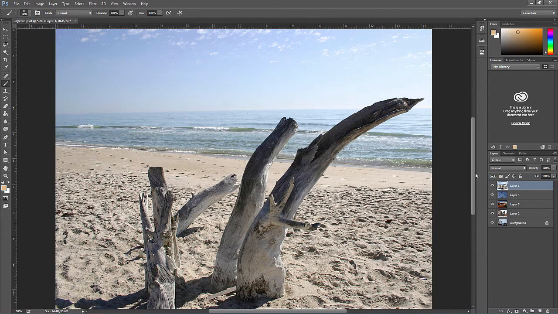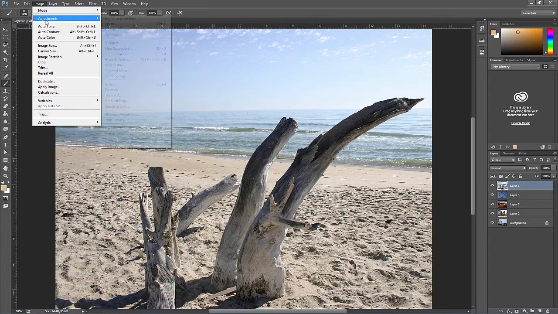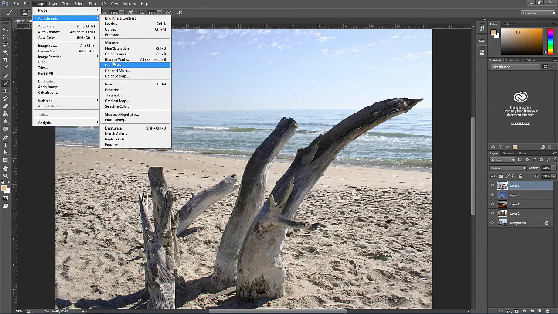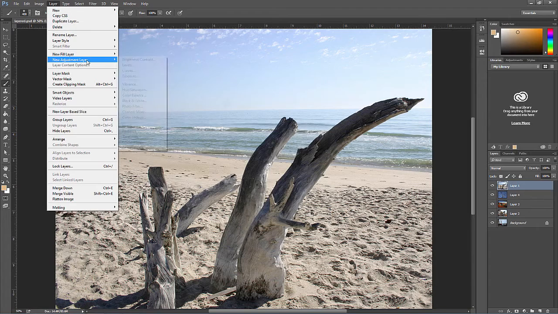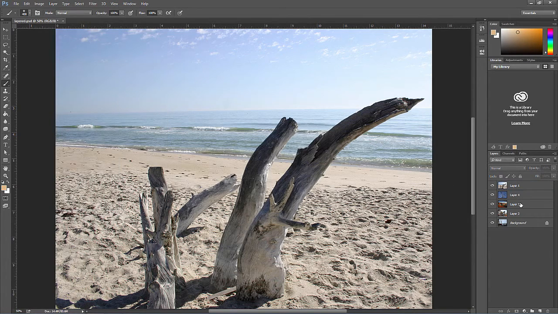Adjustment layers are a better way to add a lot of these effects, and you'll notice if you go to Image Adjustments, a lot of these effects here are also under Layer, New Adjustment Layer. It allows us to create more subtle effects, and also we can adjust the settings even after we've added the effect. Next, we'll go over layer styles, which are a helpful and fun way to add some style to a